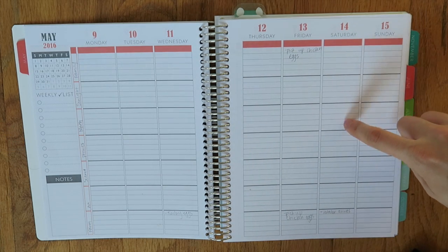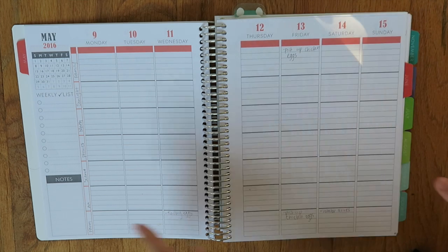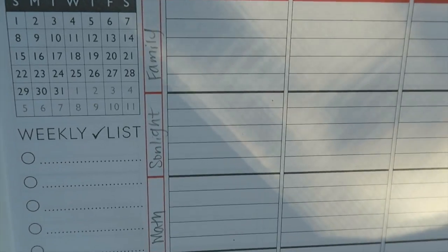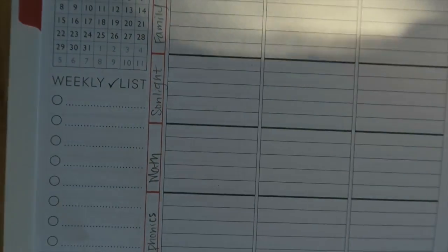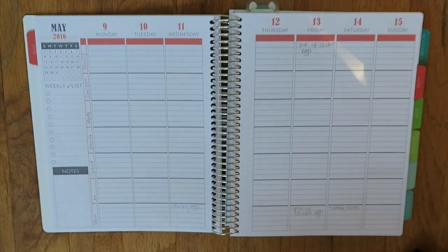I chose the 7-sectioned one where each day has 7 little boxes, and then off to the side, if you can see here, I'll try and get it close for you. It gives you little spaces, and they will pre-print it for you. You can tell them what to write in these boxes, and you have up to 12 characters, but